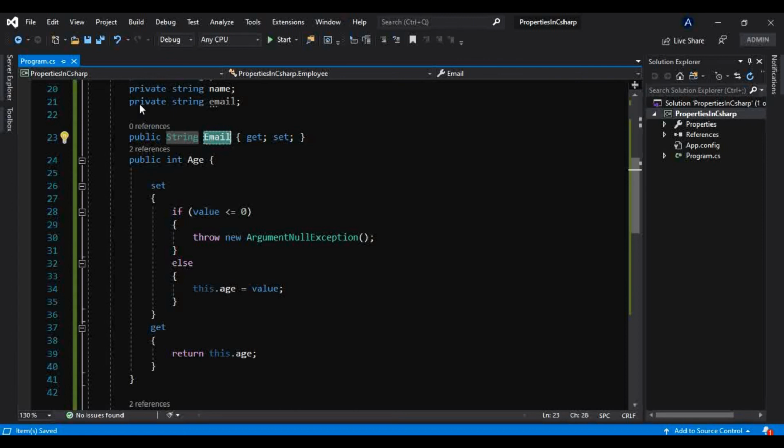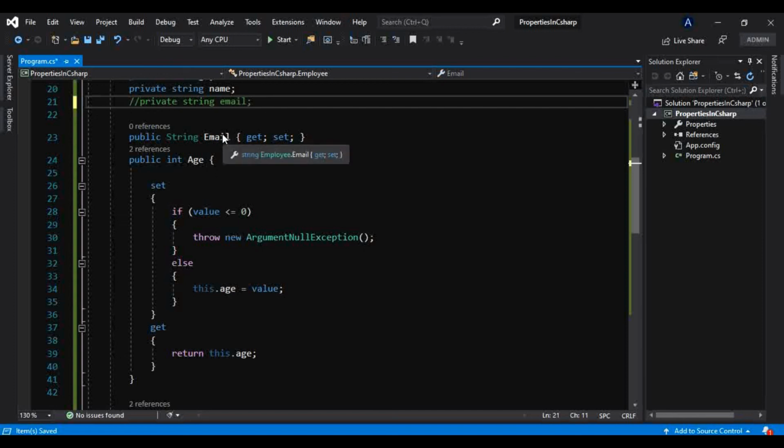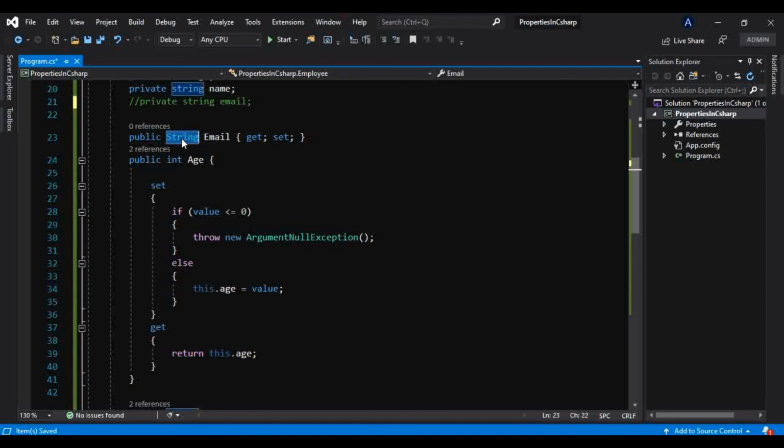Or even if you don't take any field, if I comment that, it is also possible, because the compiler will implicitly create one private field with this name. As soon as you have this public property email, the compiler will implicitly create one private field like this email, and it will implicitly get and set that. So you don't need to worry about getting and setting that field. This is nothing but your auto implemented property.